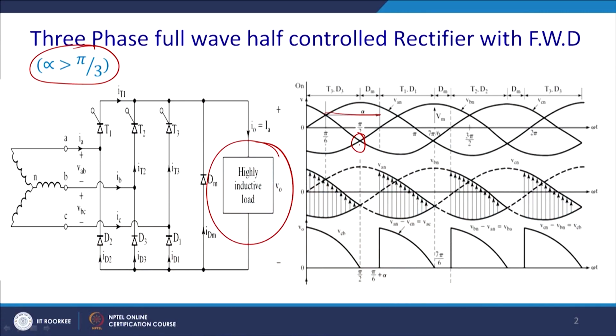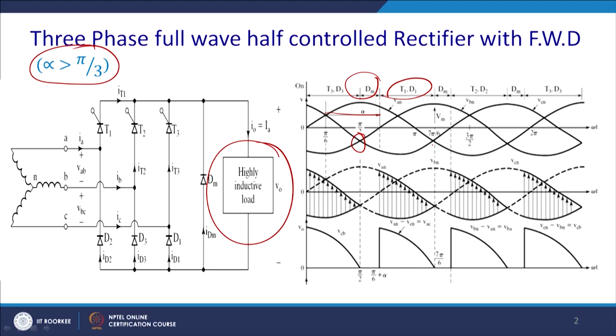this D3 will stop conducting, and then freewheel action will take place until T1 is triggered, and this will be the sequence T3 D3. Thereafter there will be an interval where freewheel action takes place, followed by T1 D1, and it will continue. So, at every crossing in the negative half cycle there will be a phase shift, and the lower diode will naturally turn off, and the freewheel diode comes into the picture.